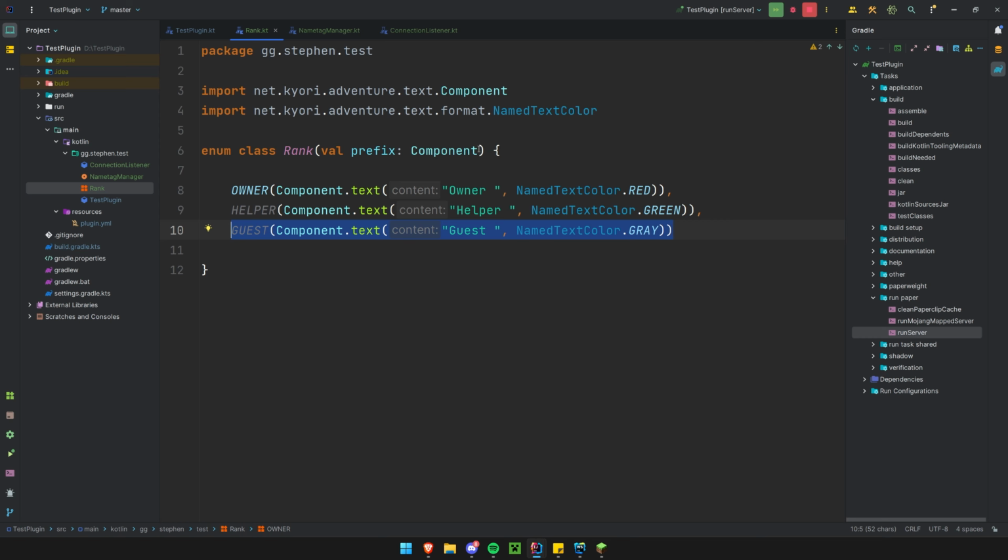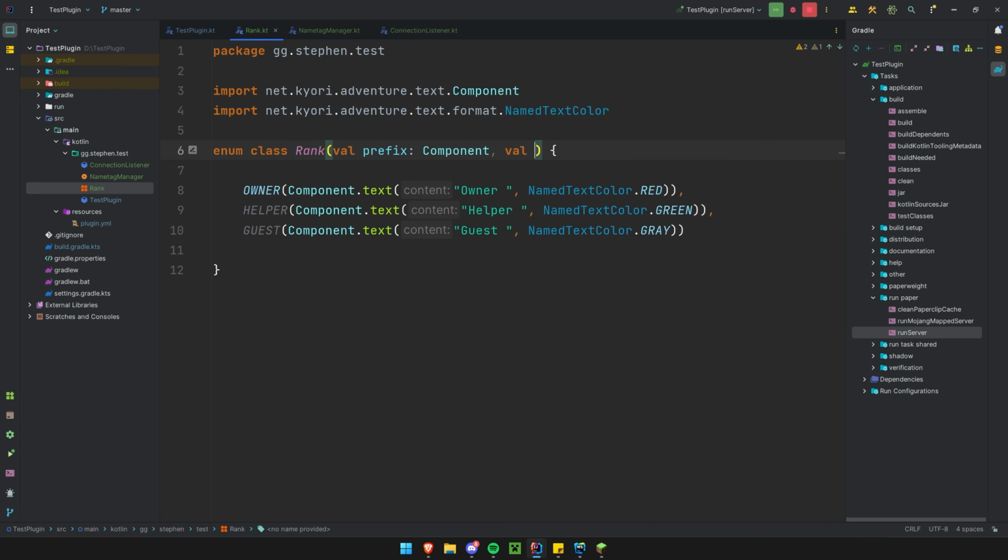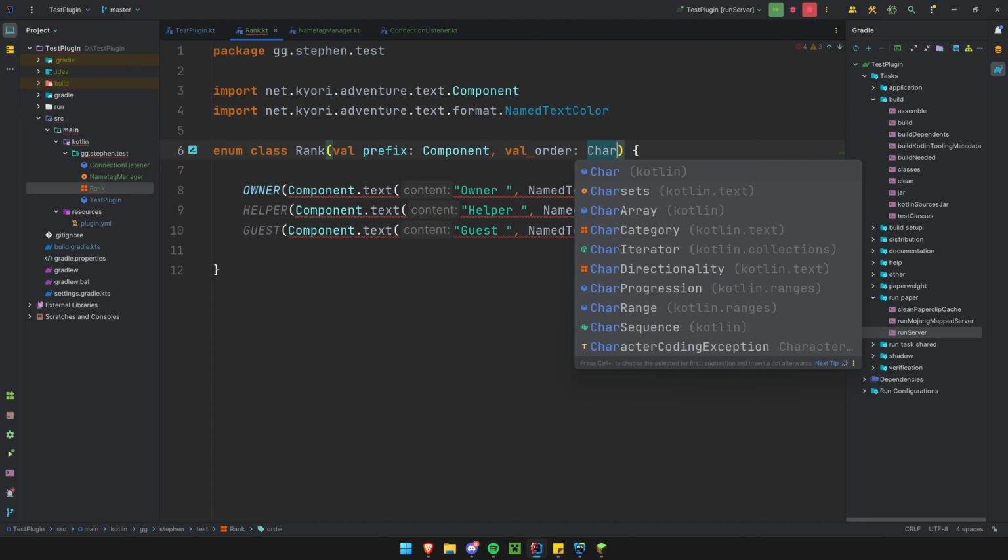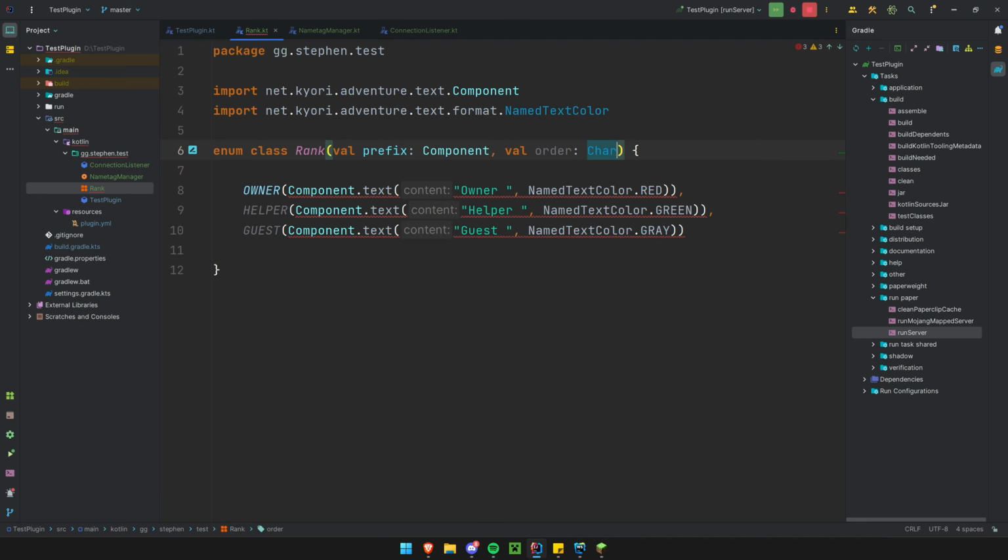Now, we're going to capture another piece of data here, not just the prefix. We're also going to capture, let's say, a val, and we'll just call this order, and we'll just make it a char. Okay, so the way that this works is a char, obviously, in Kotlin is just a single character. And as I said, it's alphabetical, which means we're just going to have the highest, most powerful rank as A. Now, you can't use speech marks for a char like this. You have to use apostrophes, just like that. So that, of course, means the next one's B, and the next one's C. So in whatever way you have your rank enum, as long as you have an order symbol for each one,